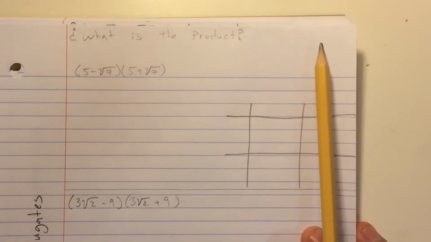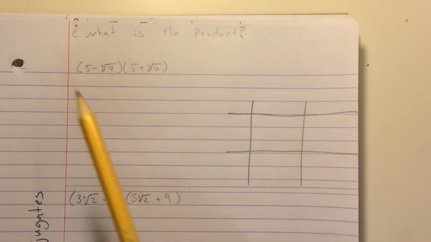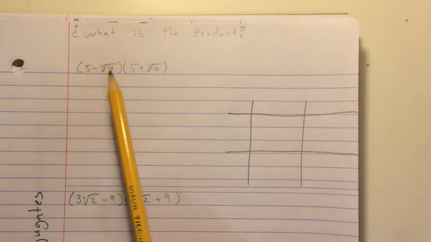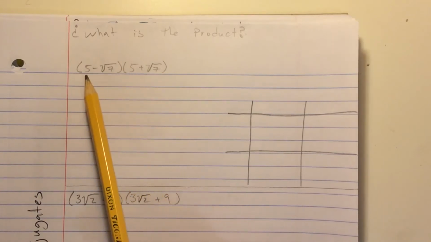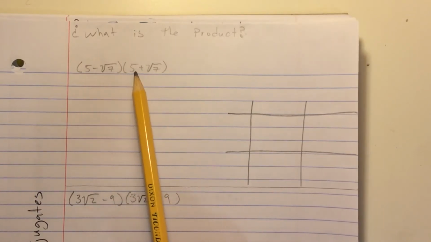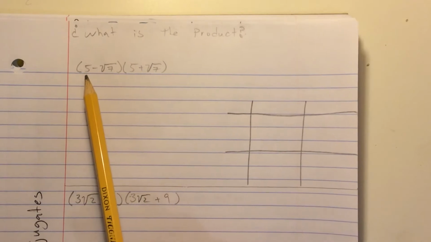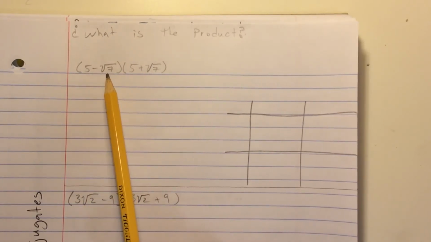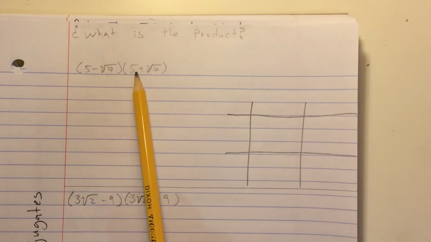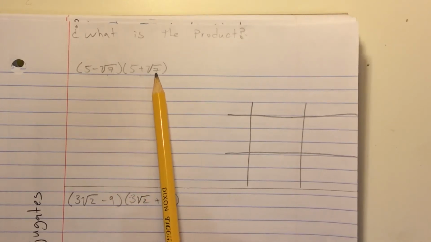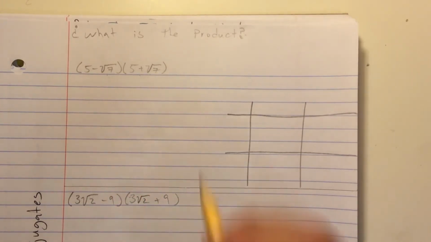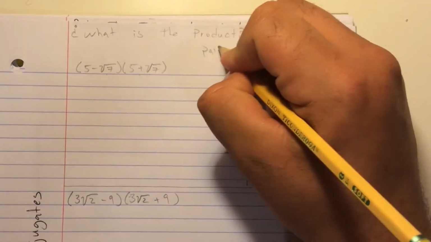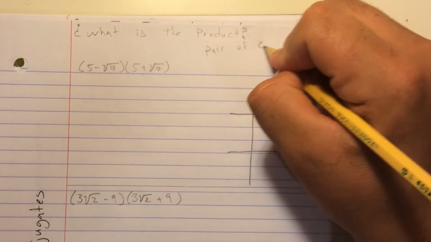So once again, a conjugate is a pair of two binomials. So you see this, but one is going to be our positive one and the other one's going to be our negative one. So we have our 5 minus the square root of 7 times the 5 plus the square root of 7. So these are our pair of